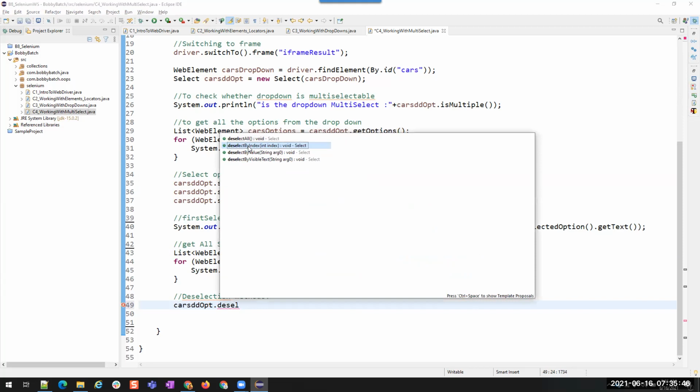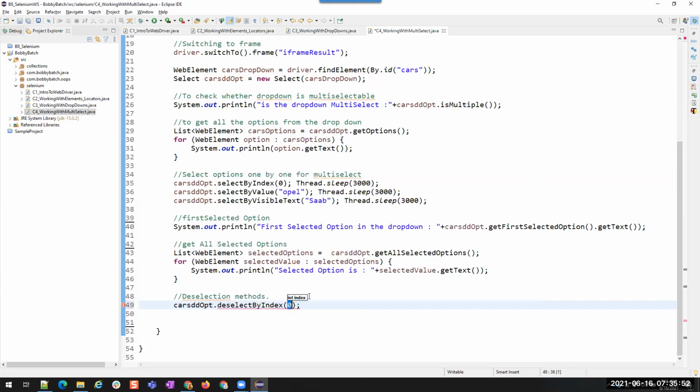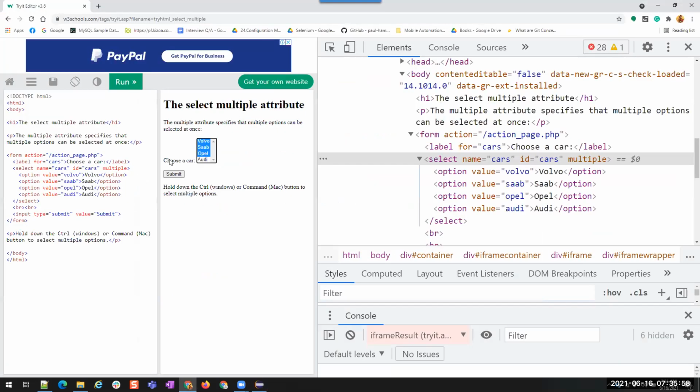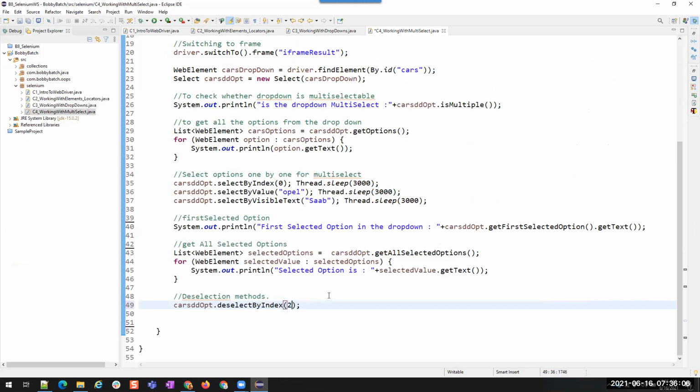If you want to deselect a value using its index, you can use deselect by index. This is 0, Opel and sub: 0, 1 and 2. So I can deselect Opel now.